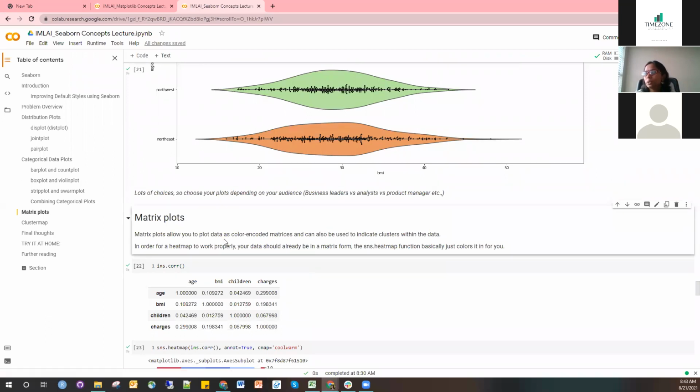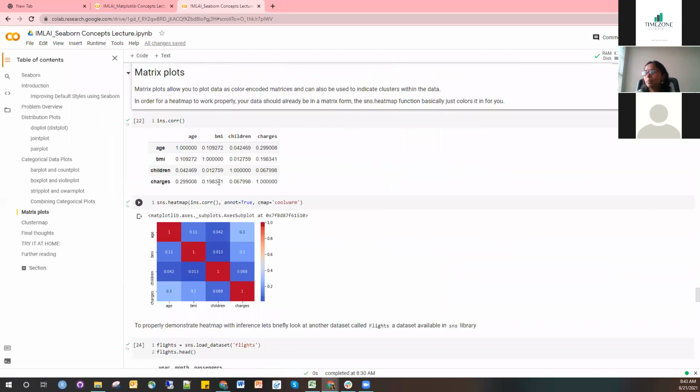The last two things that I want to say is the matrix plot, which essentially shows you the correlation between the variables in a way. The easiest way to go about it in this particular data set is to see if there is correlation. How is age correlated with your other continuous variables? In this case, age, BMI, children, charges, they're all continuous variables, and we are looking at the correlation between them. And as you can see, this is a demonstration of just the visualization, and nothing is actually greatly correlated in